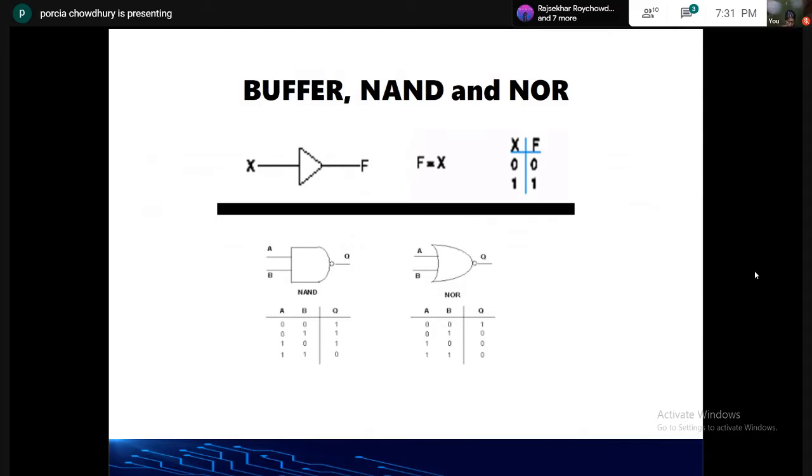So the NAND truth table, see, it's just the opposite of the AND gate, the complement of the AND gate. In case of the AND gate, only 1 1 gives 1, remaining all 0. Over here, see, only 1 1 has 0, remaining all others 1. Same for the NOR gate. In case of OR, only 0 0 has 0, remaining all 3 combinations have 1. But as NOR is a complement, 0 0 has 1, and all other combinations have 0. Fine.